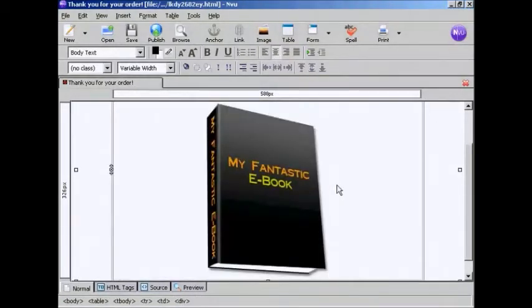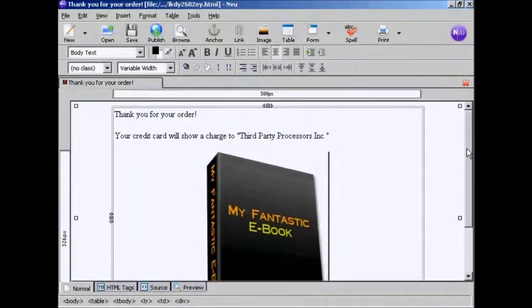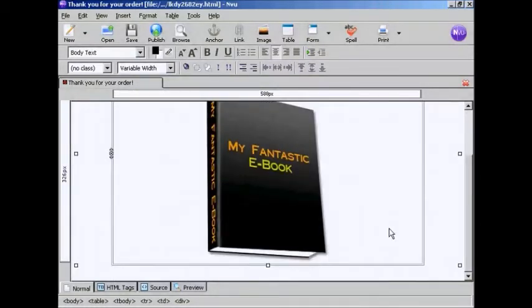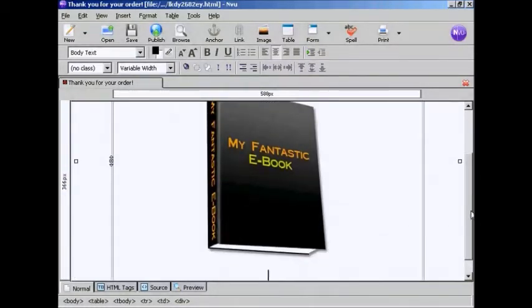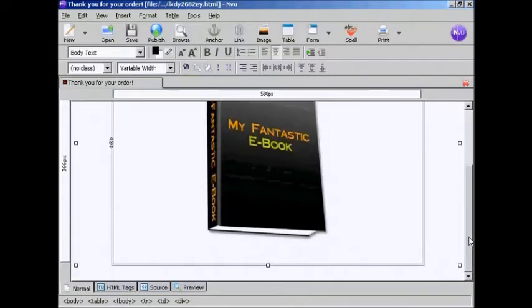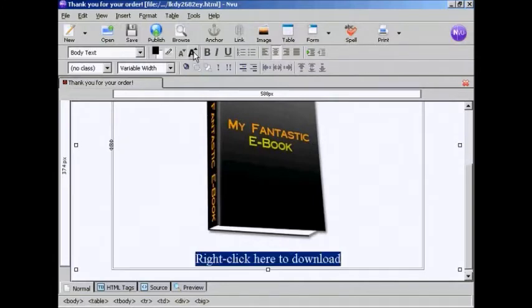You can also go into the source code and put in a center tag above and below if you want. Okay, now let's just put some spaces in. Now you need to have the link so that the person can download your product. So we're going to put that in here, and I'm going to put in the instructions. So right click here, and I'm going to make that quite large so people don't ignore it. So I'm now going to increase the font size, so I'm going to click a couple of times there,